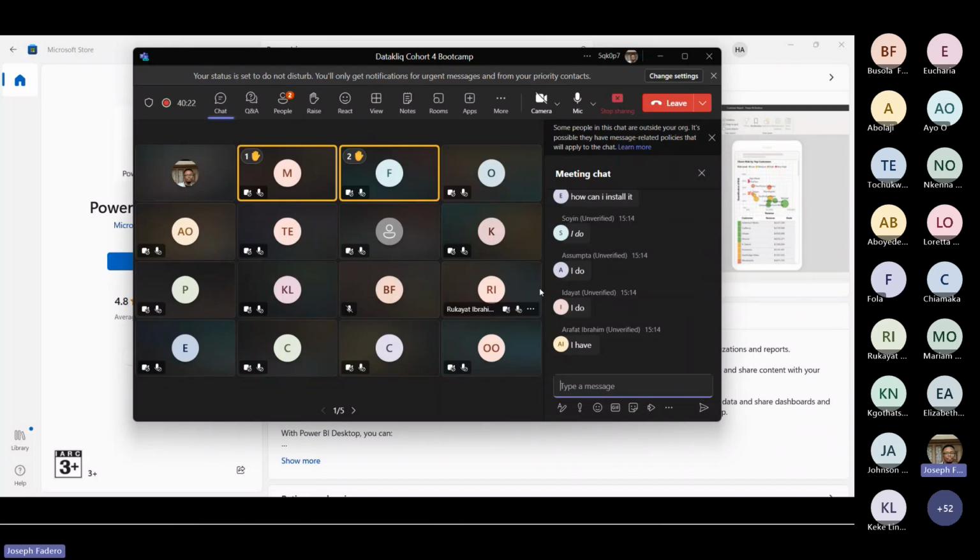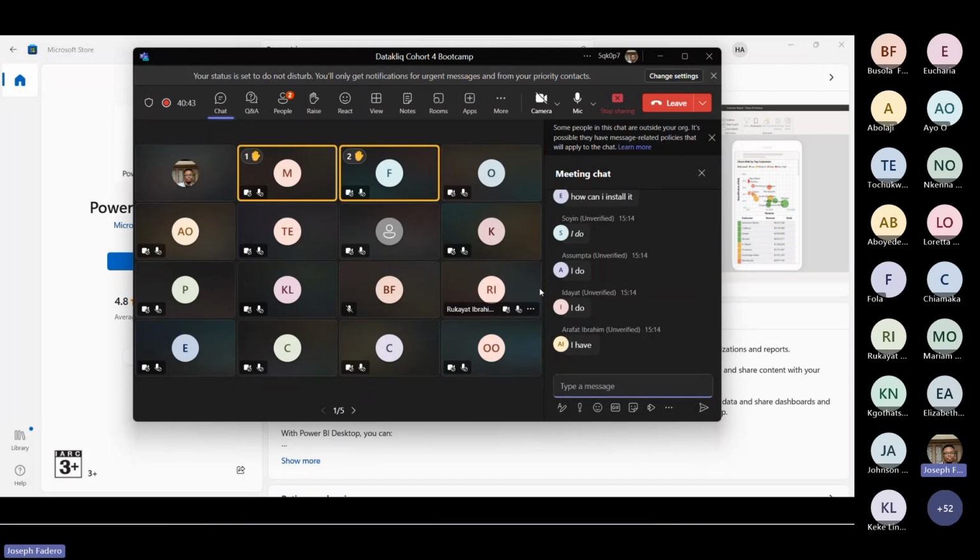So I'll be getting us started with the user interface. It's important to note that there are three parts of Power BI. You have Power BI Desktop, Power BI Service, and Power BI Mobile. Can we type in the chat what I said? How many parts of Power BI do we have?